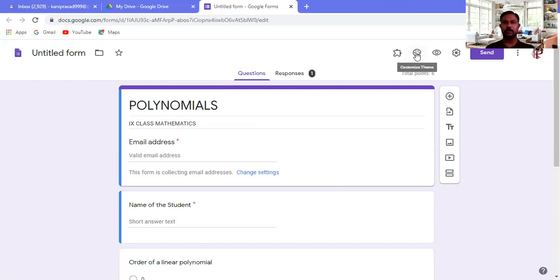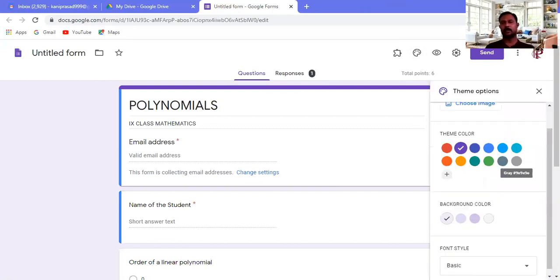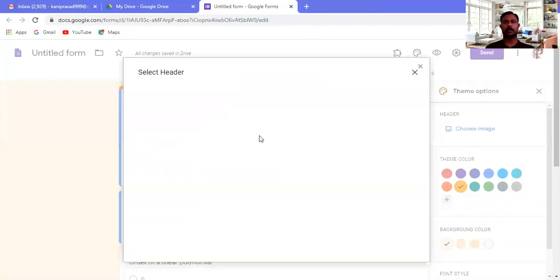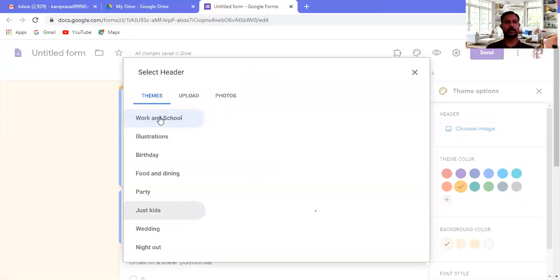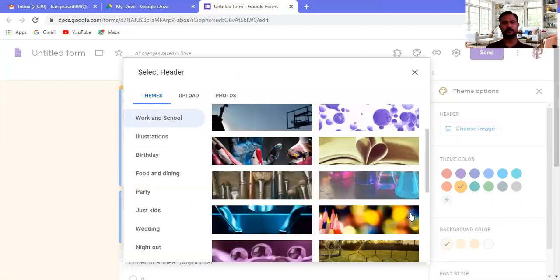Here is the option: Customize theme. Tap on that. Right? See, very different colors. So let me select this color, Gulabi. So here it will be shown. Theme options: choose an image. Let us go for a better theme. Work and school options. Very different themes are there. See, very attractive themes are there.